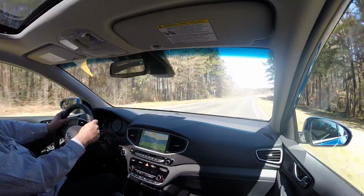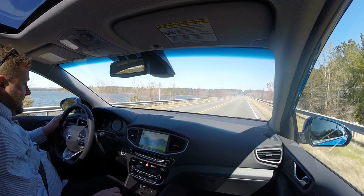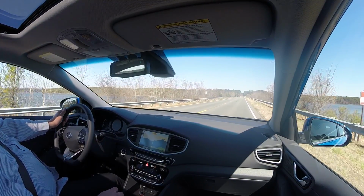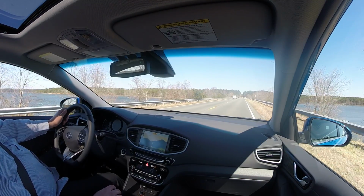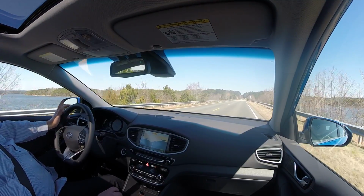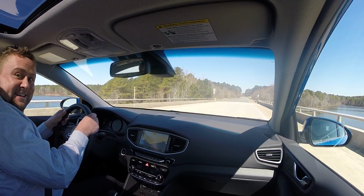That's a great thing, and the feel of the pep really comes from the 6-speed double clutch automatic transmission. This is one of the first times that a double clutch has been offered in a full hybrid like this. We don't have paddle shifters, but we've got controls right on the gear lever. So we can go into first, like we are now, and then enjoy some acceleration. Not exactly super rapid, but a great sporty type of feel, especially in sport mode, versus any dedicated hybrid that